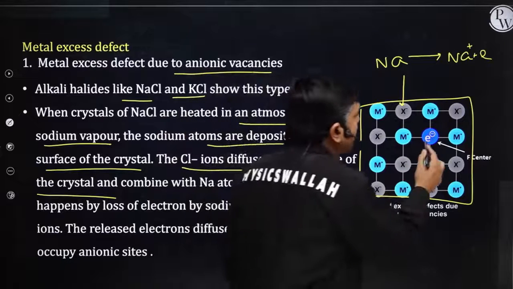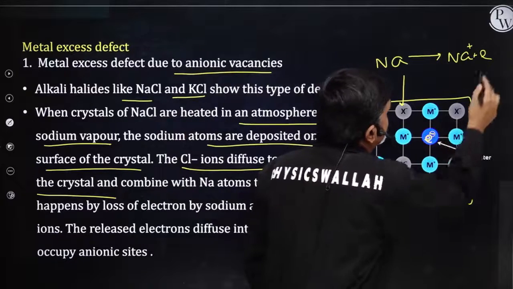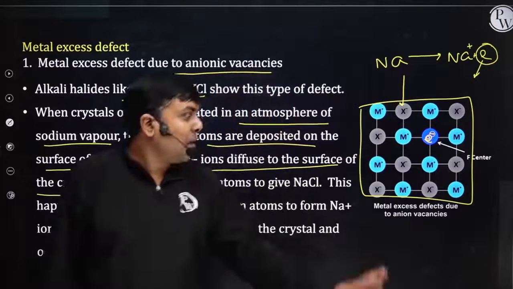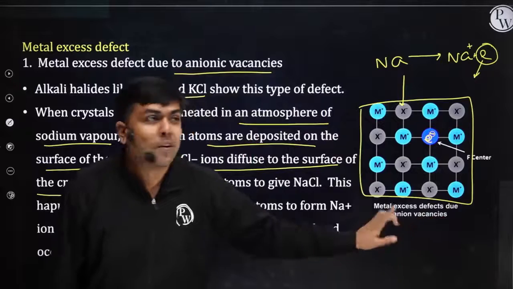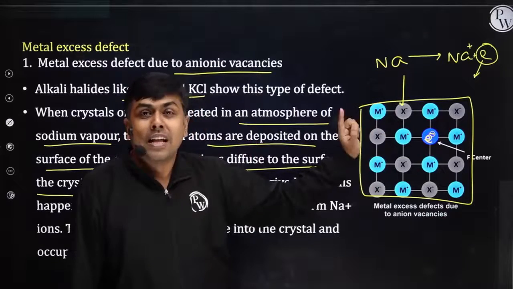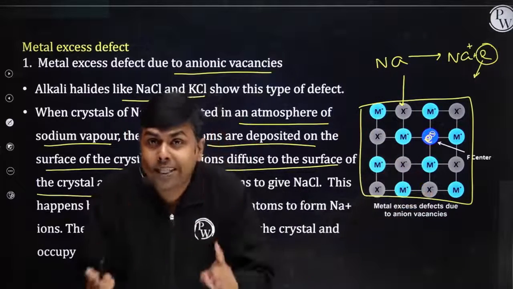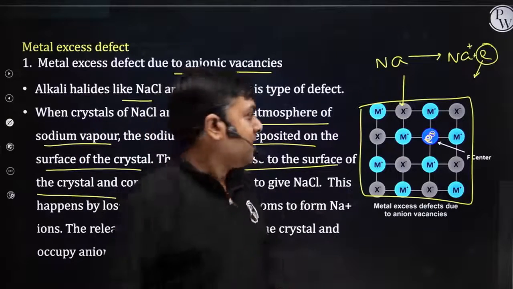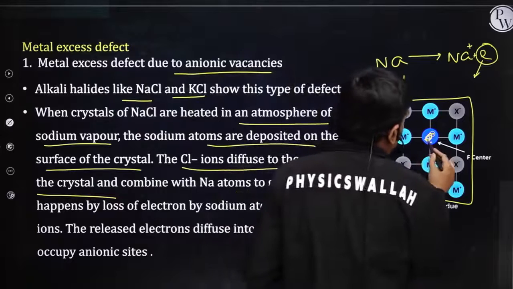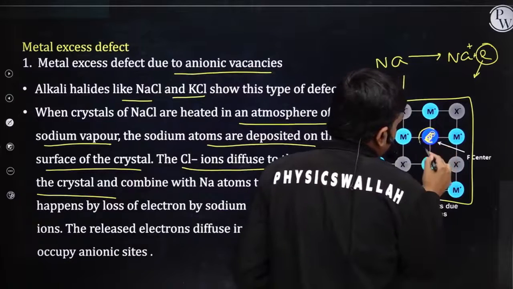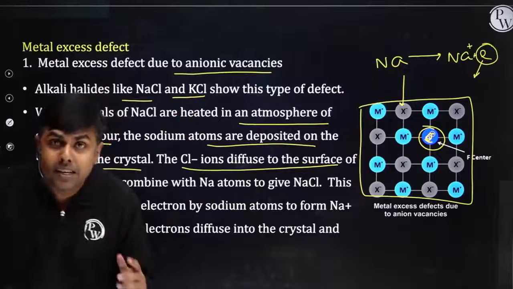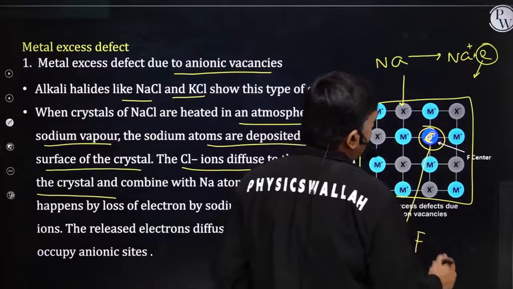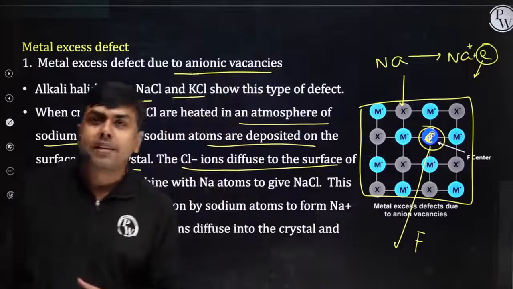So this Cl⁻ will be replaced by electrons getting released from sodium vapor. Students, now in this ionic solid, we have excess of M⁺, lesser number of X⁻, although electrical neutrality is still maintained. Now this particular site where X⁻ is replaced by an electron, such sites are referred to as F center, or we call it Farbe center.